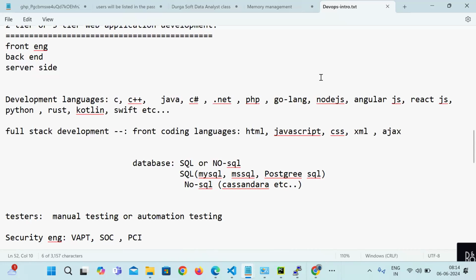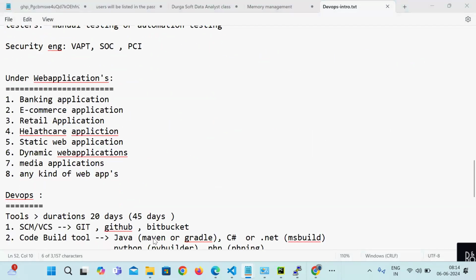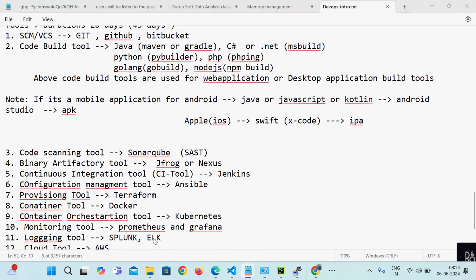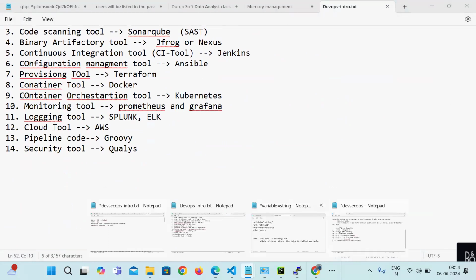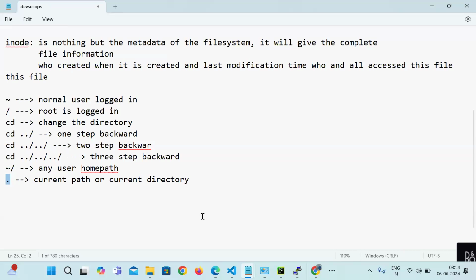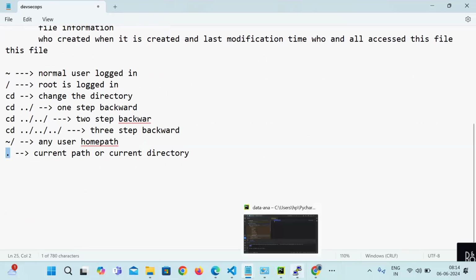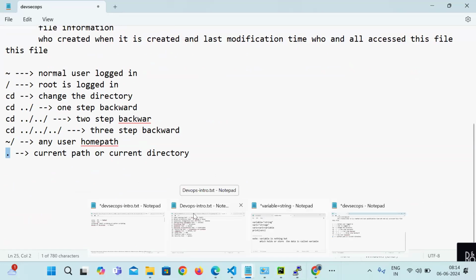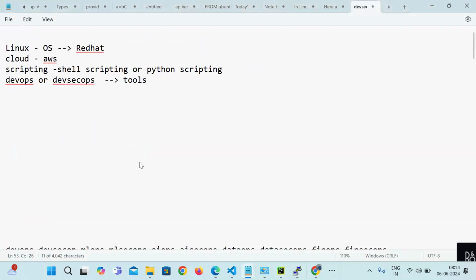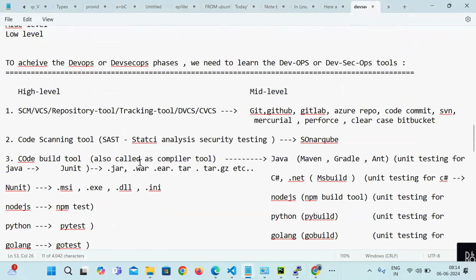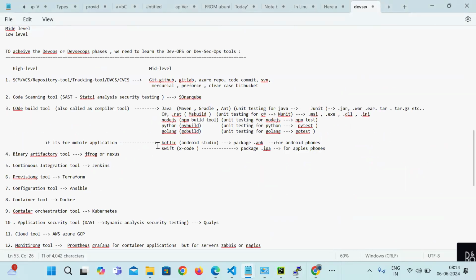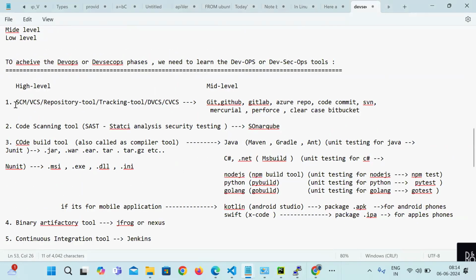Now, yeah. Now we'll understand. Yes. See, these are the